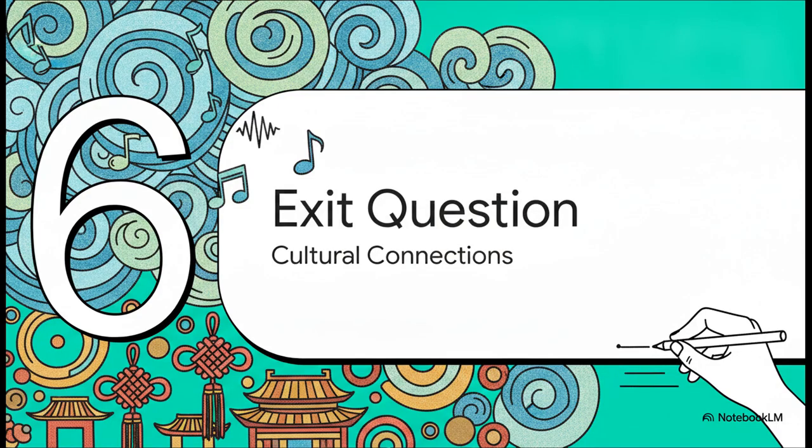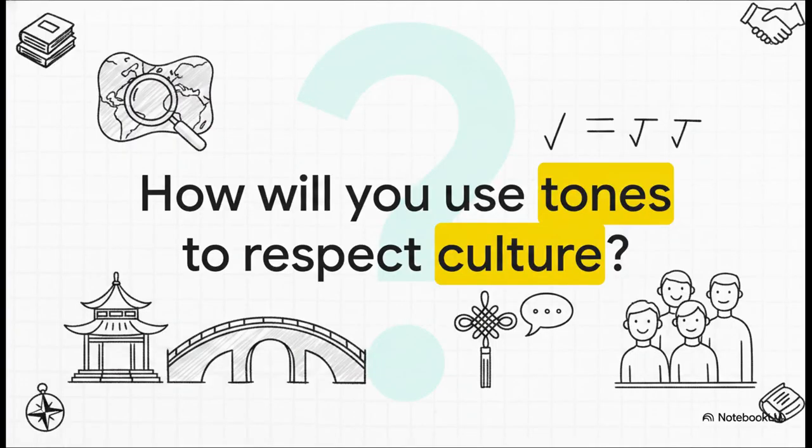And finally, Section 6, Exit Question on Cultural Connections. We've seen how theory connects to practice, so now it's your turn. I want you to take this challenge into your next class. How will your specific tone and vocabulary choices, using the 5 C's, build a bridge of respect to the Chinese-speaking community? The next time you open your mouth to say hello, remember that you aren't just reciting a textbook or